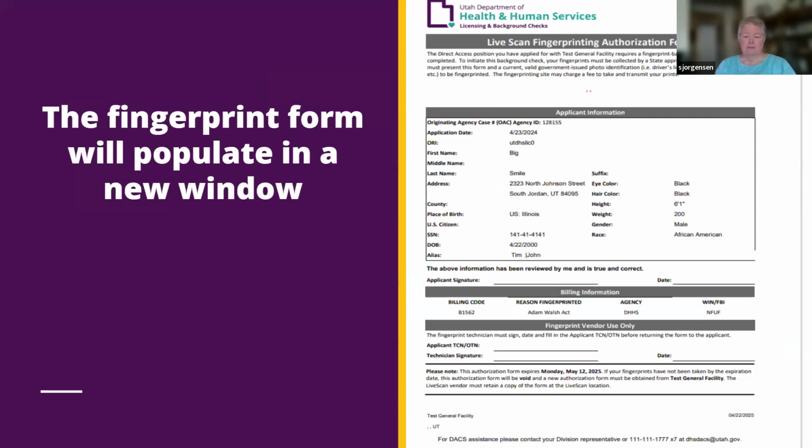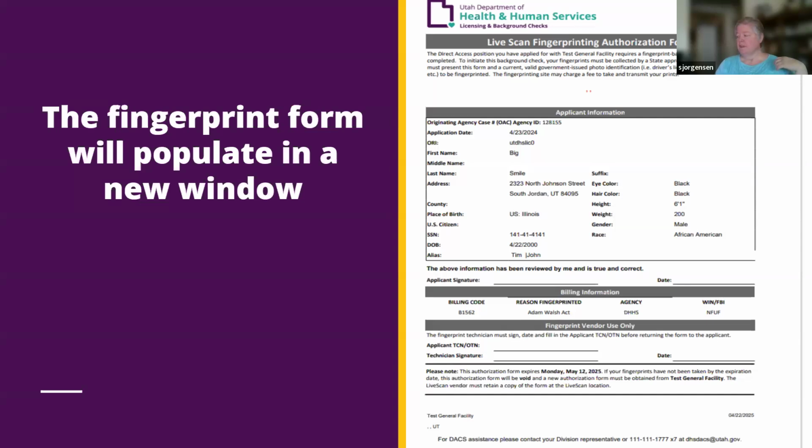Make sure that the names are spelled correctly, that the social's in there correctly, because any of those bits of information that are incorrect will cause it to not speak to DACS later, and that will then cause them to be rejected. Something that's coming in the future on this form is that the email will be listed on the form eventually. And again, that will be just to help us and to help you and your employee. So just be looking for that.